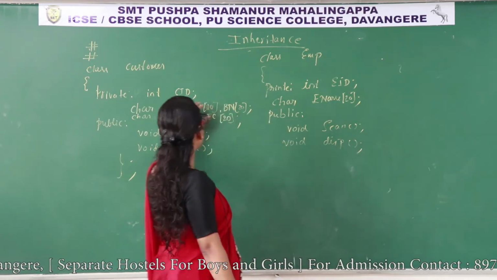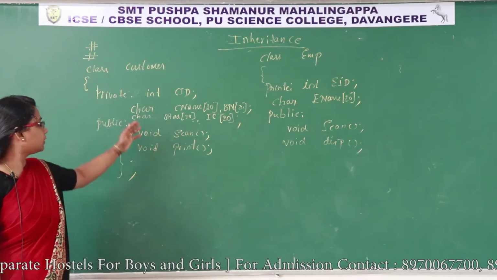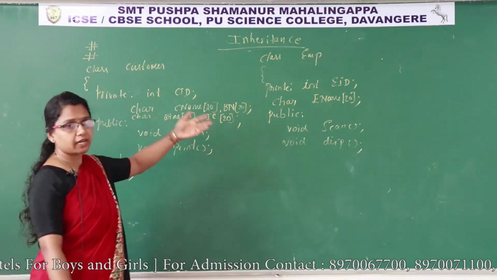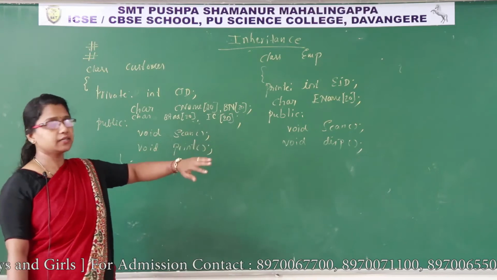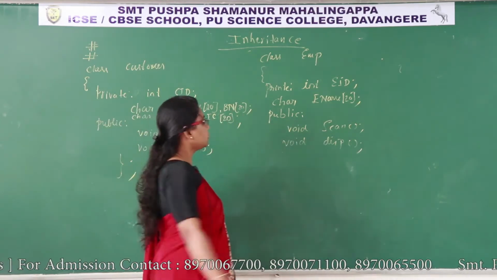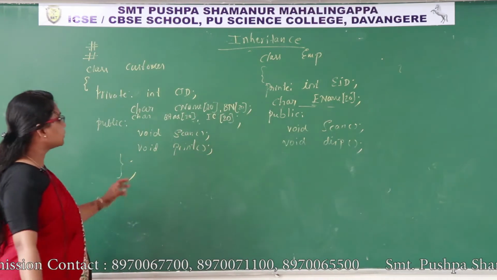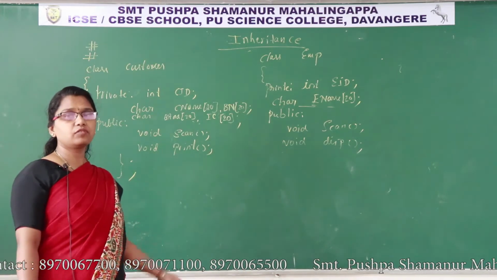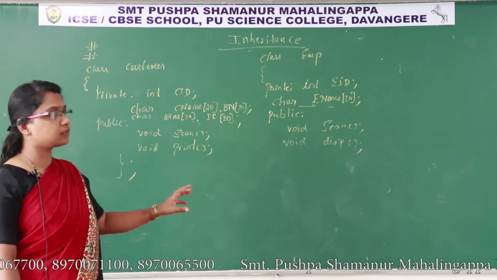Here also I want to add these features, to which branch that employee belongs to, and what are the features: employee ID, employee name, branch ID, branch address and IFSC code. These are the things common for both classes. So these things I need to write here. Instead of writing the same feature, some features are common for both classes. Instead of writing again and again in two classes, I can make one class.